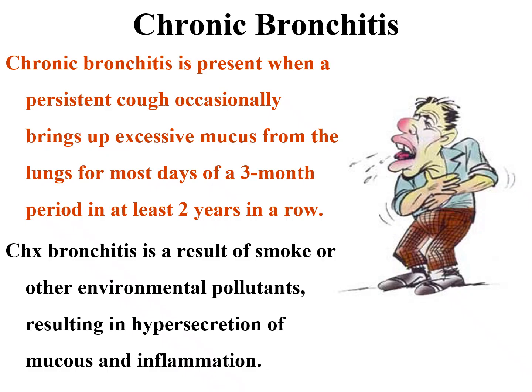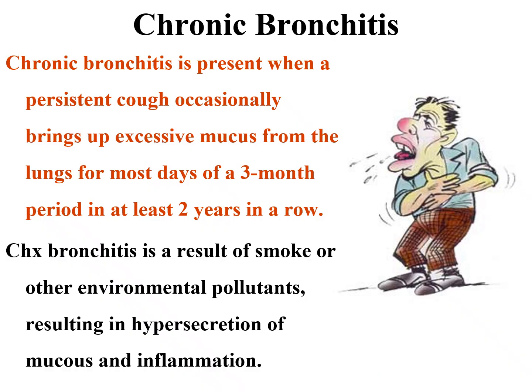This is some of the, believe it or not, diagnostic criteria for chronic bronchitis. Now, chronic bronchitis is a result of, once again, smoke or other environmental pollutants, resulting in a hypersecretion of mucus as well as inflammation. So once again, we see a disease process that's impacting the overall surface area where gas